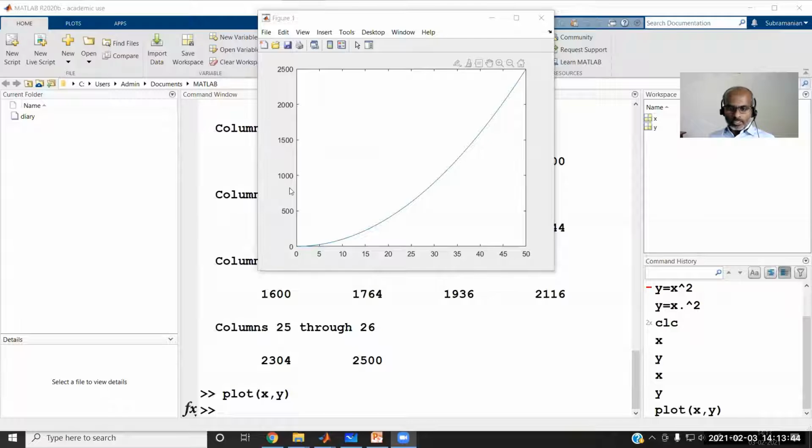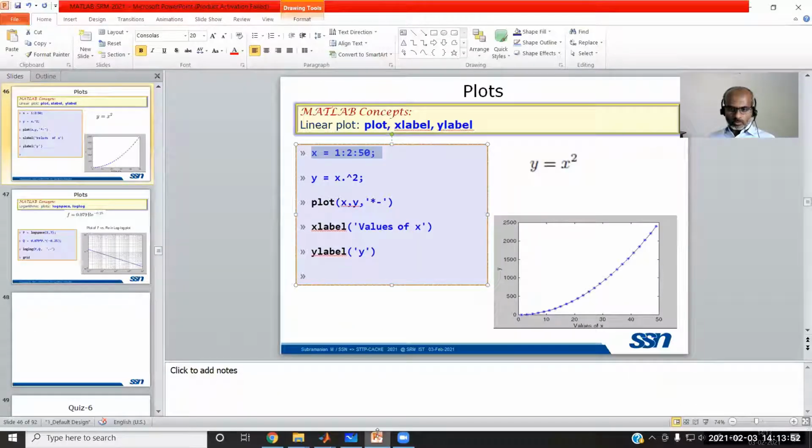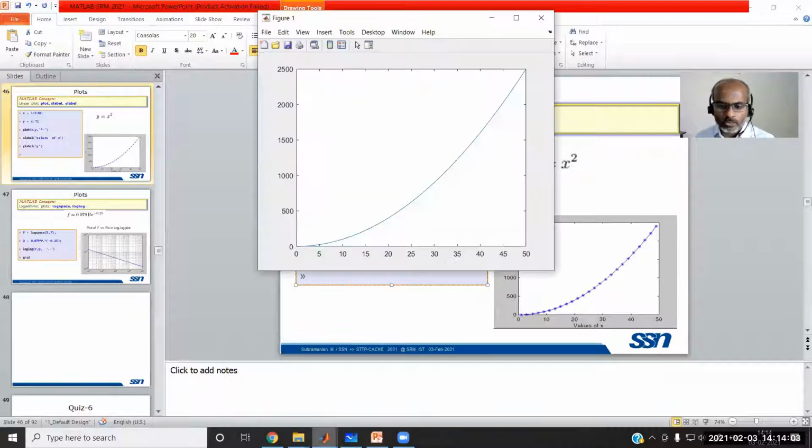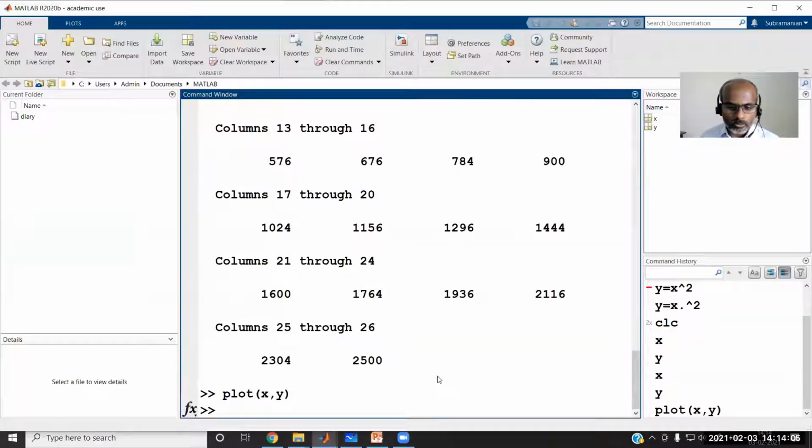Of course, we don't see the labels corresponding to the x-axis and y-axis, and we also don't see the points marked. To do that, you can make use of additional commands instead of a simple plot command. I'll better clear the screen.